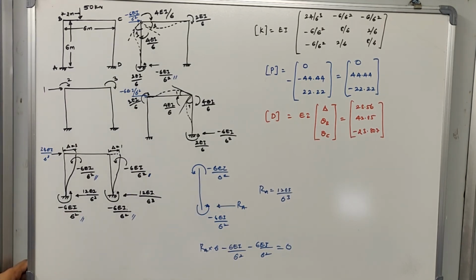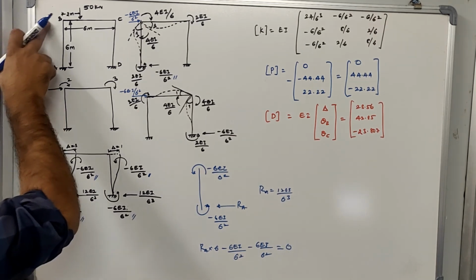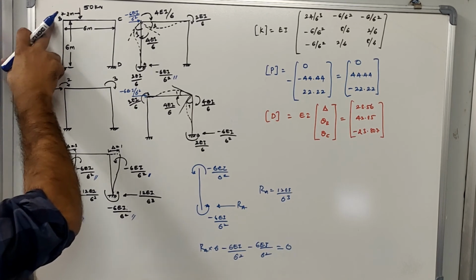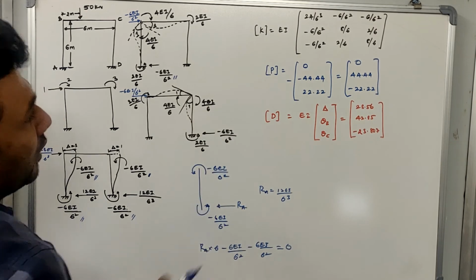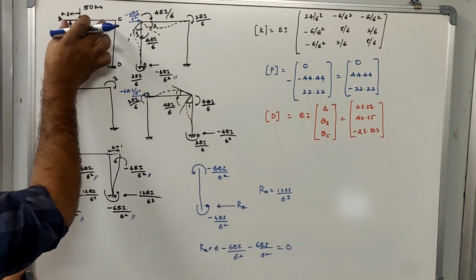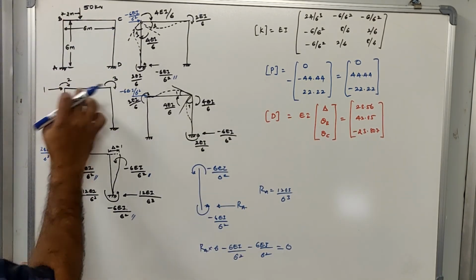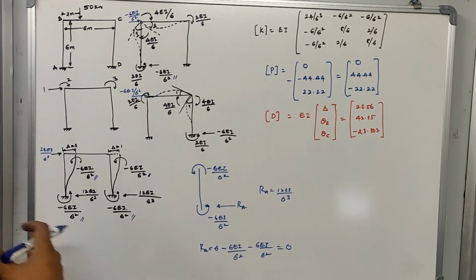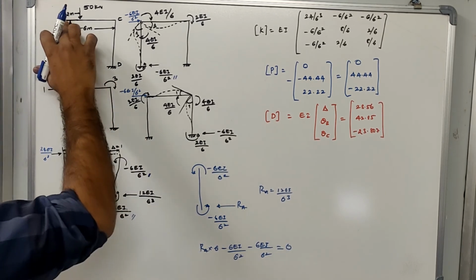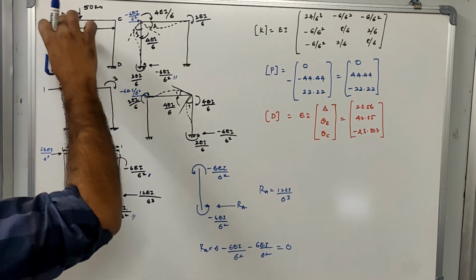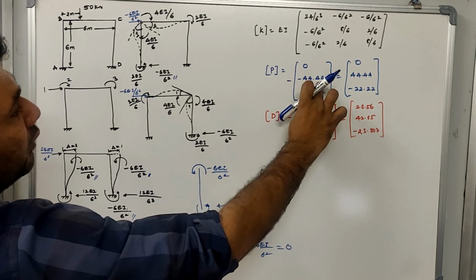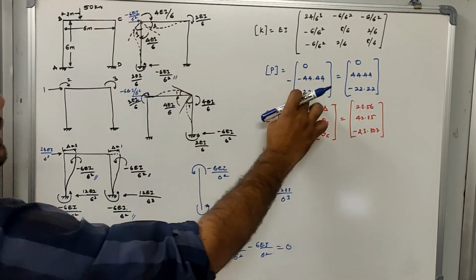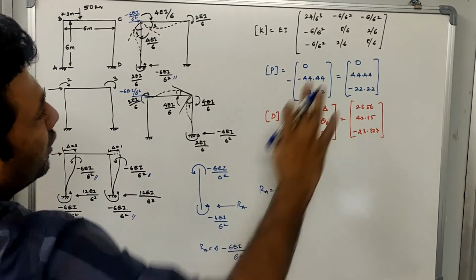The first thing we need to do is to see whether there is any force being applied at the first coordinate. No, there is no force at all, so that is kept as 0. Now going to the second and third coordinates, these are moments because they are rotations. So let us take the summation of all the moments at joint B, which equals the fixed end moment at BC, minus 44.44. Similarly at C, it is 22.22. Now this completes my force matrix also.